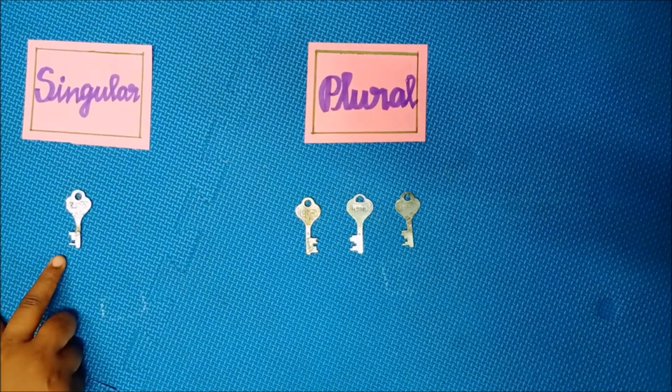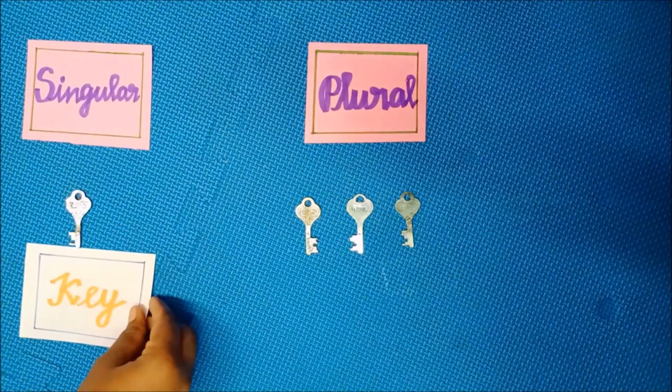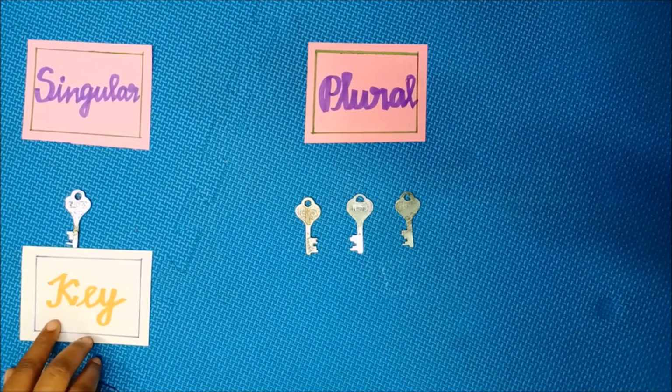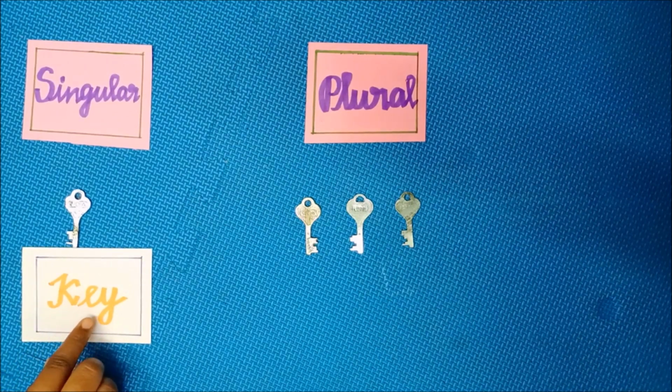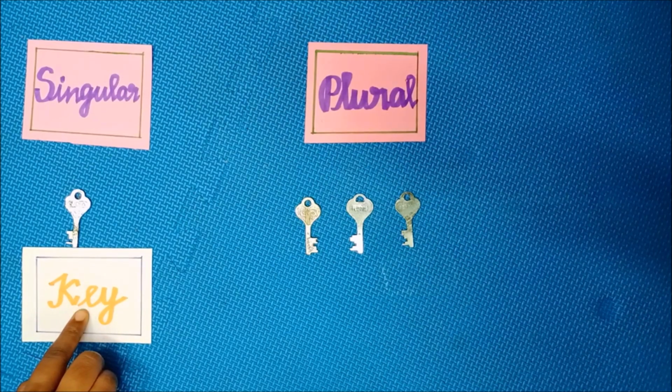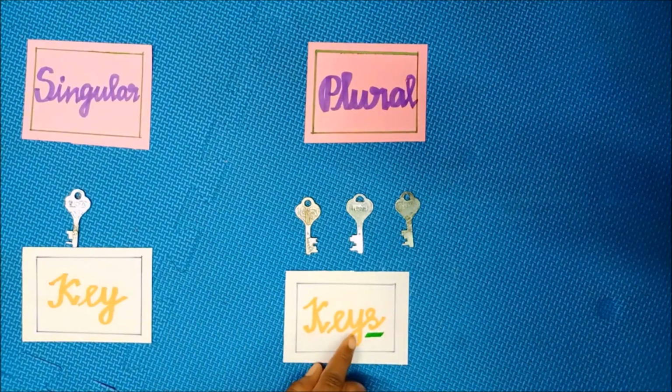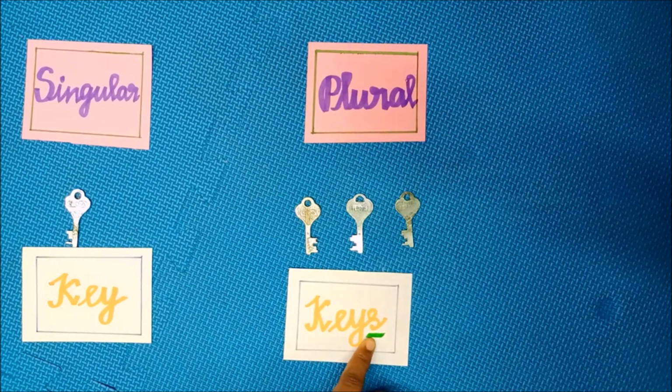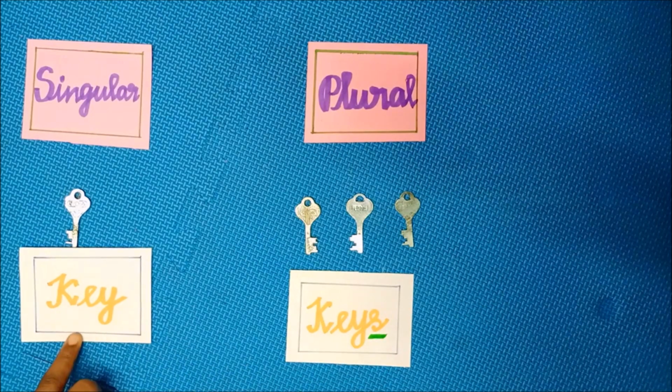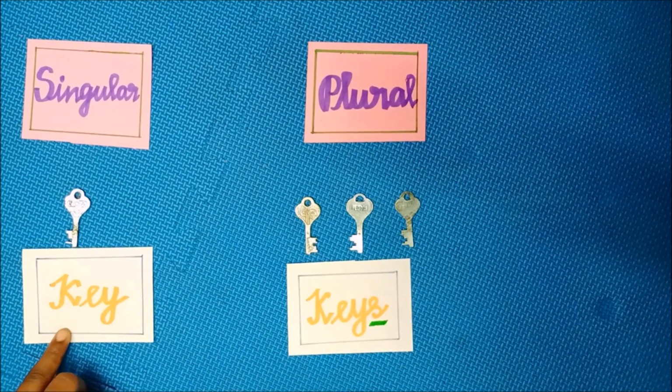Look at the thing, what is it? It is a key. See the spelling for key? K-E-Y, key. Key ends with Y, and also you have to look at the letter before it. If the letter before is a vowel, A-E-I-O-U, what do you have to do? You have to add I-E-S or S. Yes, very good. You have to add S, because before Y, a vowel letter is present. So you have to simply add S, not I-E-S. Key, keys. The plural form of key is keys.